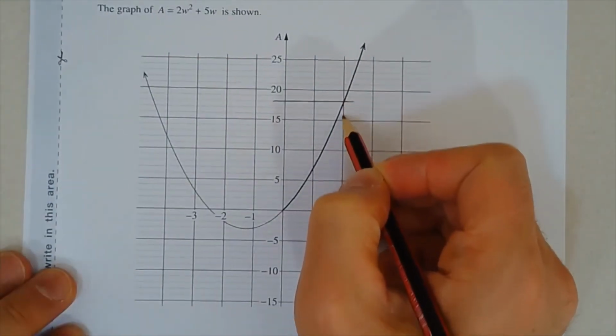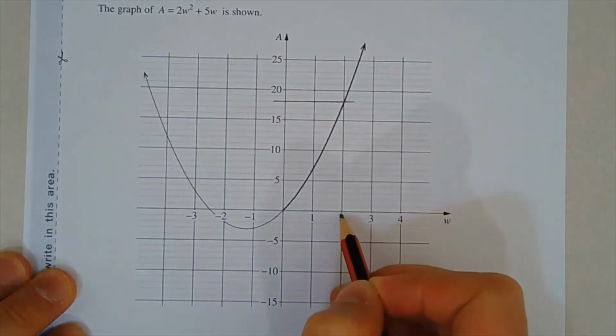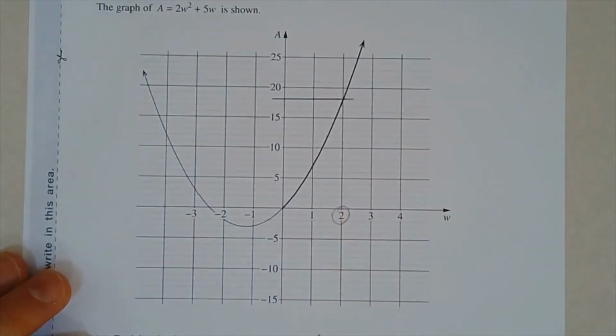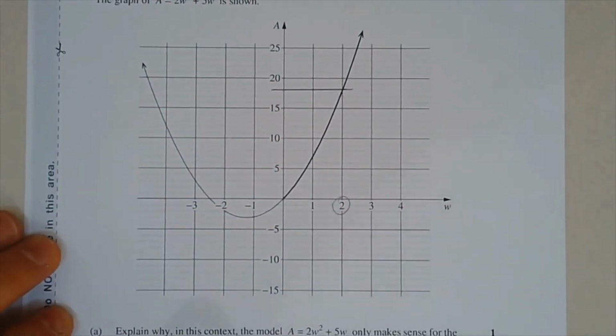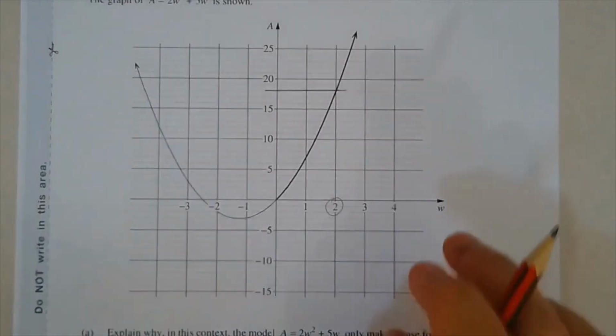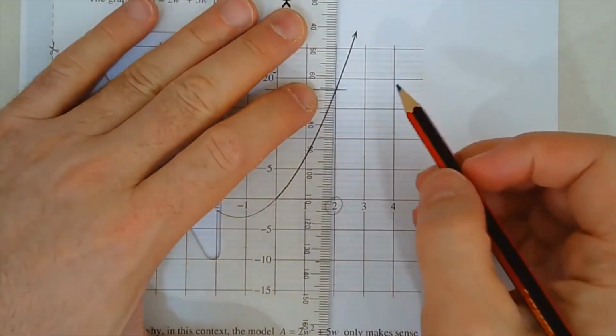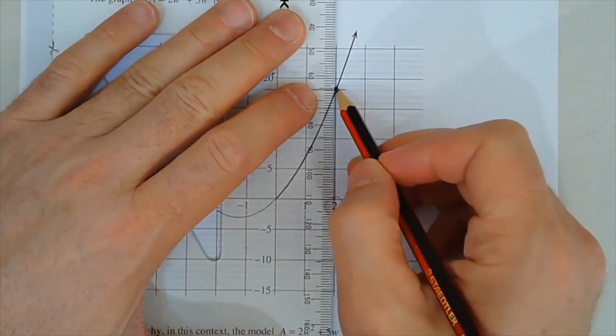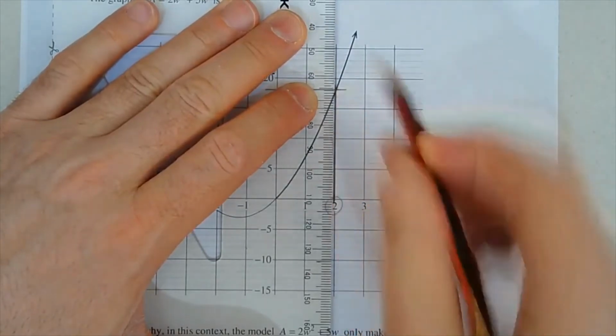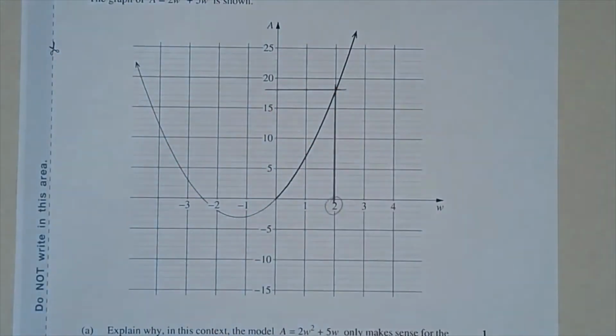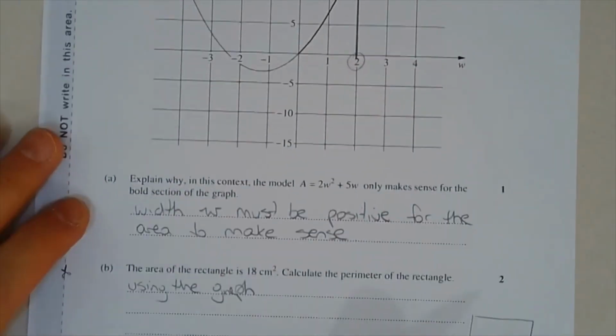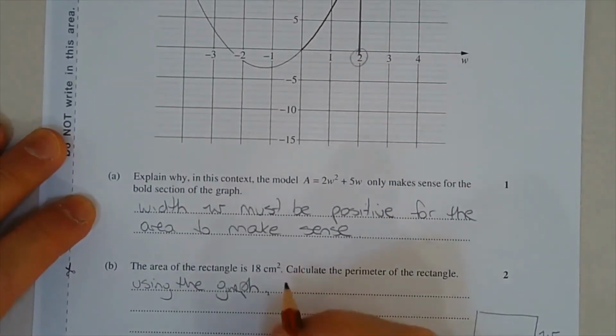Okay, if you project downwards, you can see there that the width must be 2. Using the graph, and just to make sure you've shown your working out, you can see that you've used the graph there to project across and then project down. Using the graph,